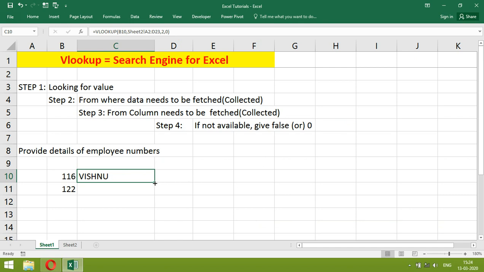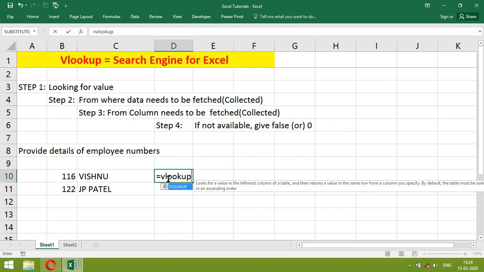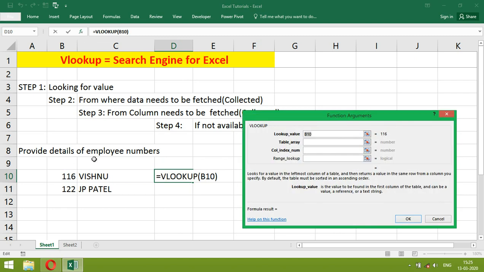You copy. We want the salary of these people, then we have to do VLOOKUP the same way. Give the range. If you want, we can click the function. Give this one.